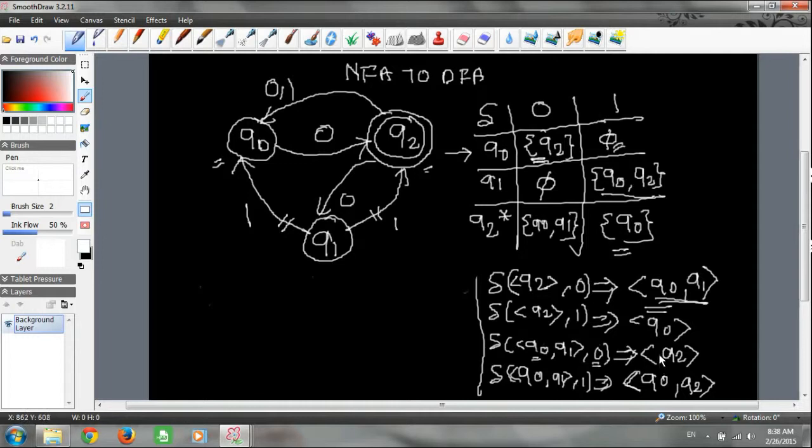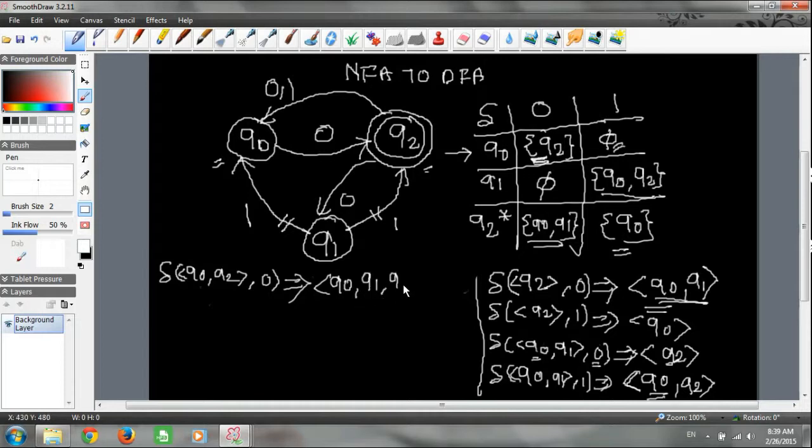So Q2 is already expanded on 0 and 1, and Q0, Q1 is already expanded. Let us take Q0, Q2 for expansion and give 0 to that. Q0 on 0 goes to Q2, and Q2 on 0 goes to Q0, Q1. So you can see Q0, Q1, Q2 is the new state that will be generated.